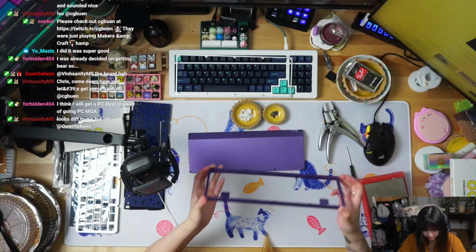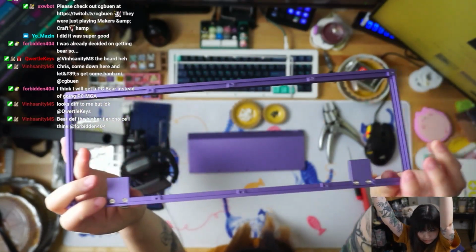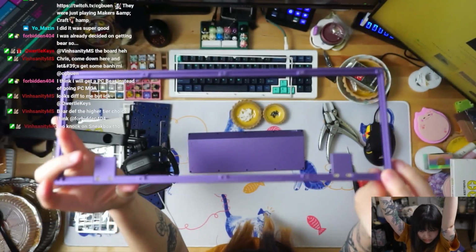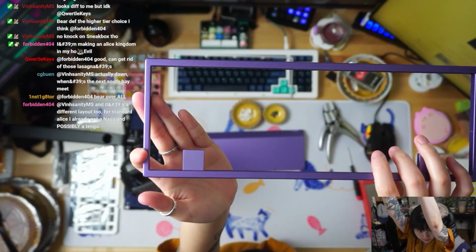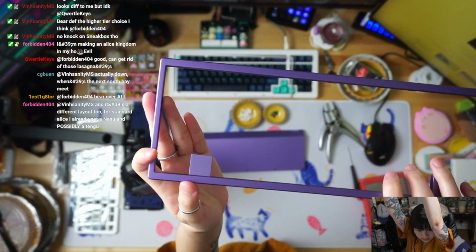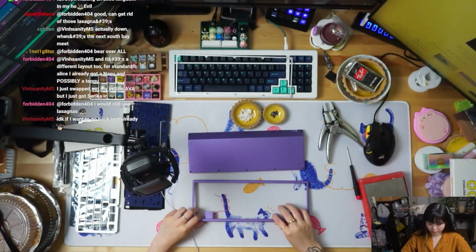Okay, yeah, so on the top you can see there are 2 screws holding it together. Okay, so this is the seam that we were talking about. So you can see it's not continuous, but that's okay. This one's nice because if you ever want to change your layout, you have the option to. This is really